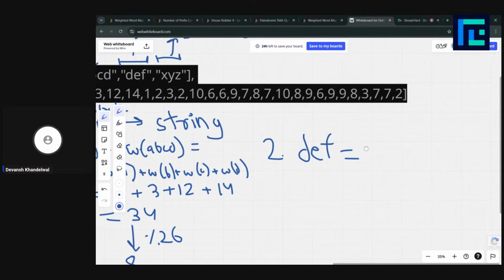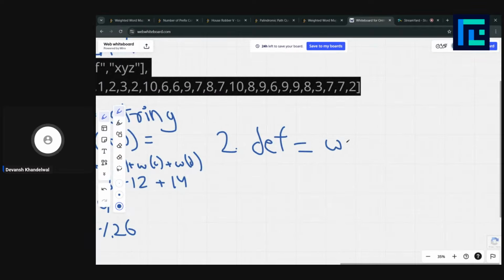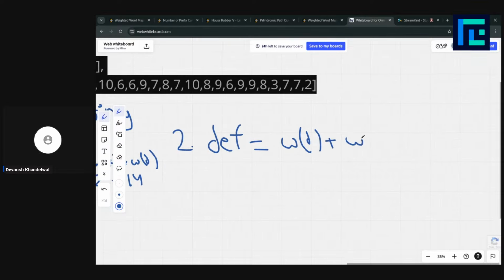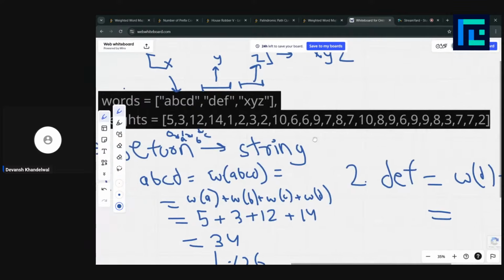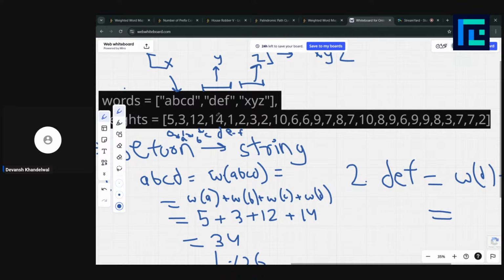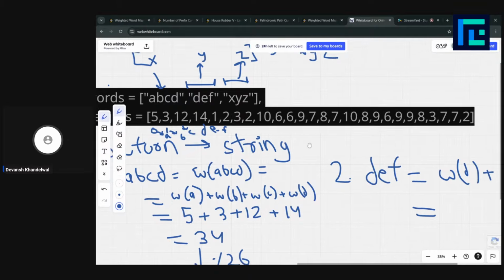What would be its weight? Its weight would be the weight of the character D plus the weight of the character E plus the weight of the character F. What is the weight of character D? Let's see. So this was C, this is D, this would be E and this would be F. So this is 14, 1 and 2.